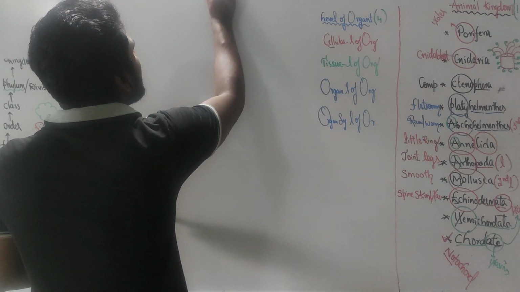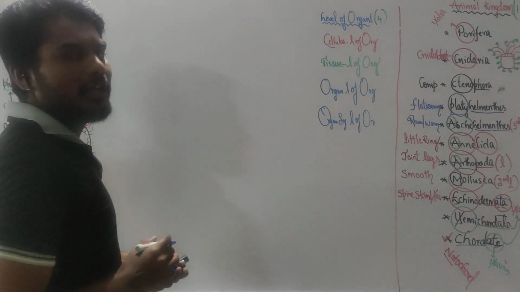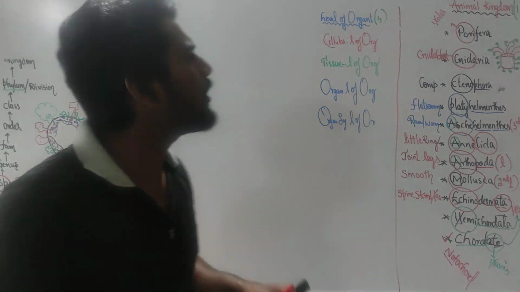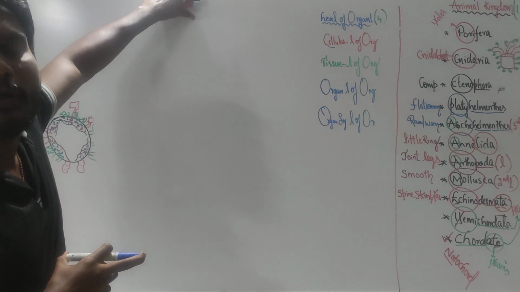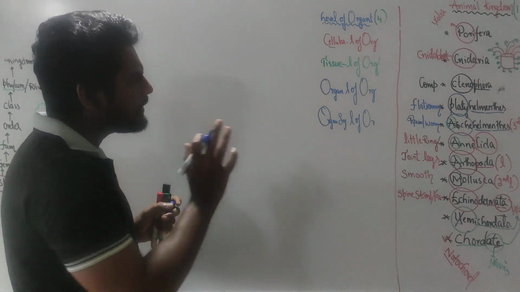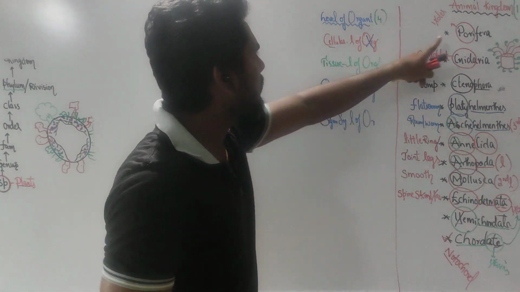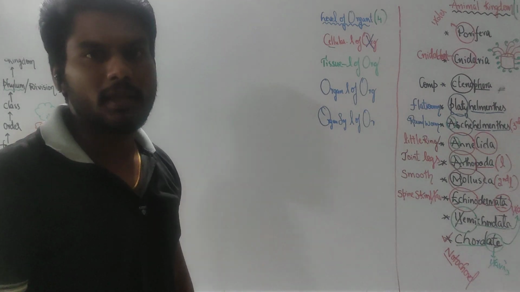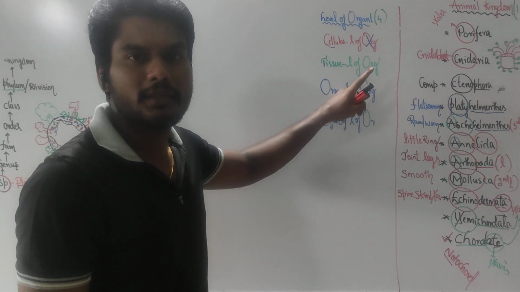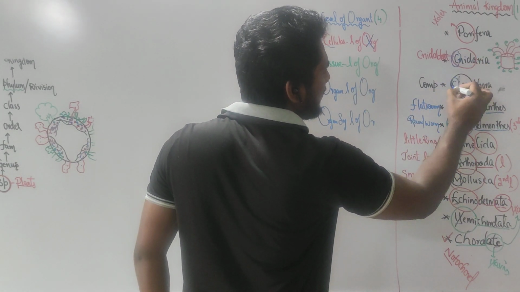Cellular level is seen in Porifera. Poriferans show which level of organization? The lower level, the cellular level. Next you go for the C square. Only the cellular level is seen in Porifera. Completed. It belongs to the phylum Porifera. Next, the second level: tissue level of organization. This is first seen in Cnidaria, second in Ctenophora and C